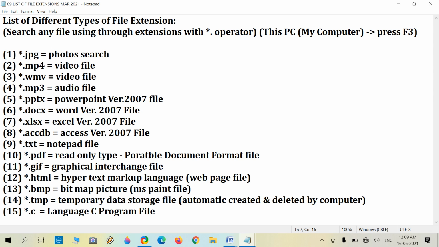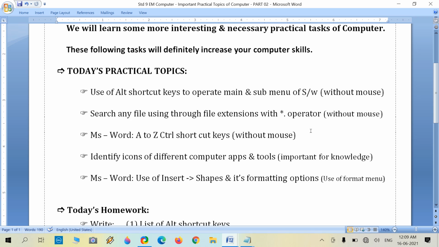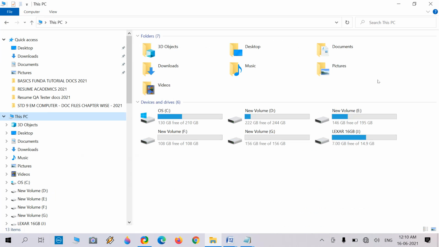Then if we have to search a video file, .mp4 is the extension used. The search is done on my computer. First we need to open My Computer, and at the top side there is the search this PC option.